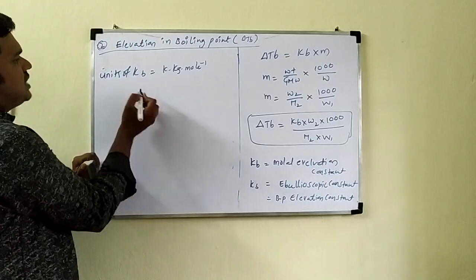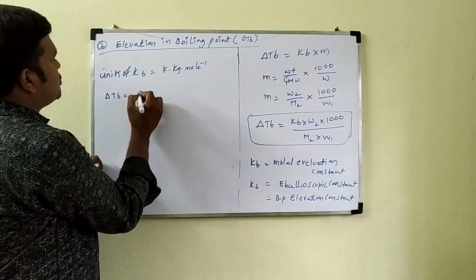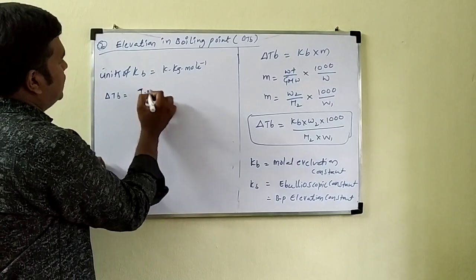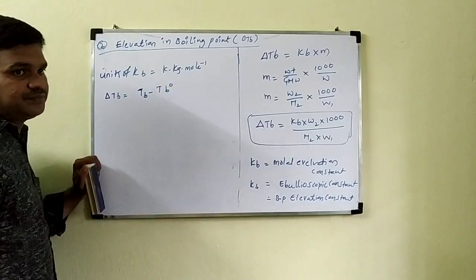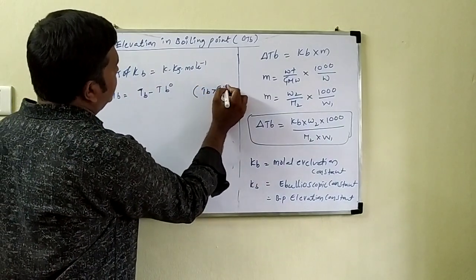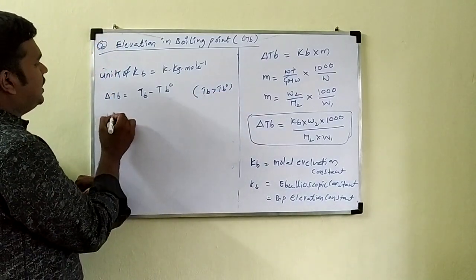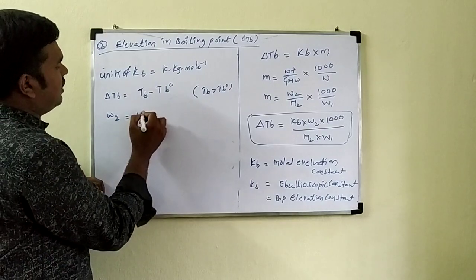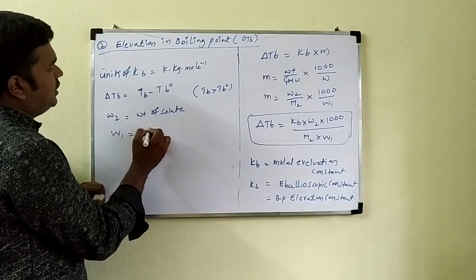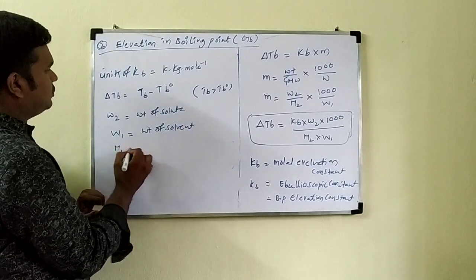Okay. From this I want to write this one. Delta TB is equal to what? Difference in the boiling point of the solution, that is TB minus TB naught only. From this you know that boiling point of the solution is always greater than the boiling point of the pure solvent only. Now we can write here W2. What is W2 here? W2 is equal to weight of the solute. And what is W1 here? This is weight of solvent. And what is M2? M2 is equal to